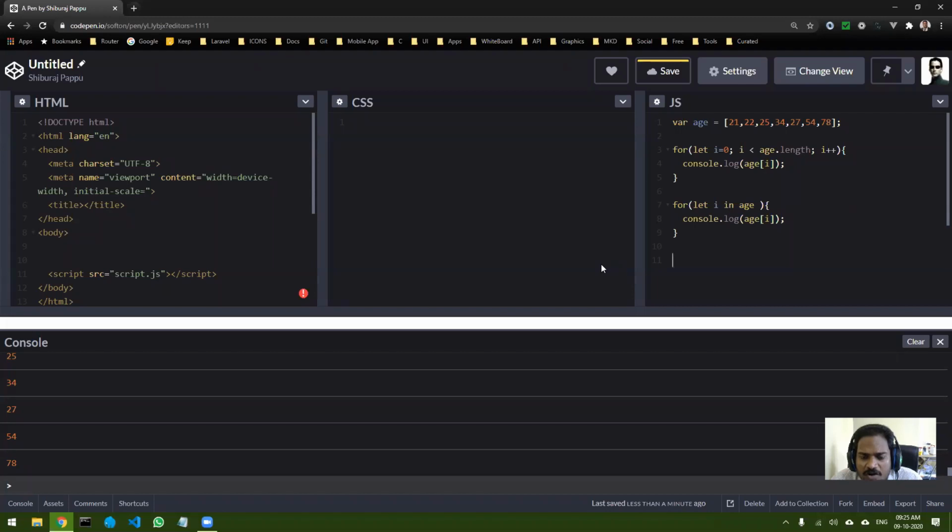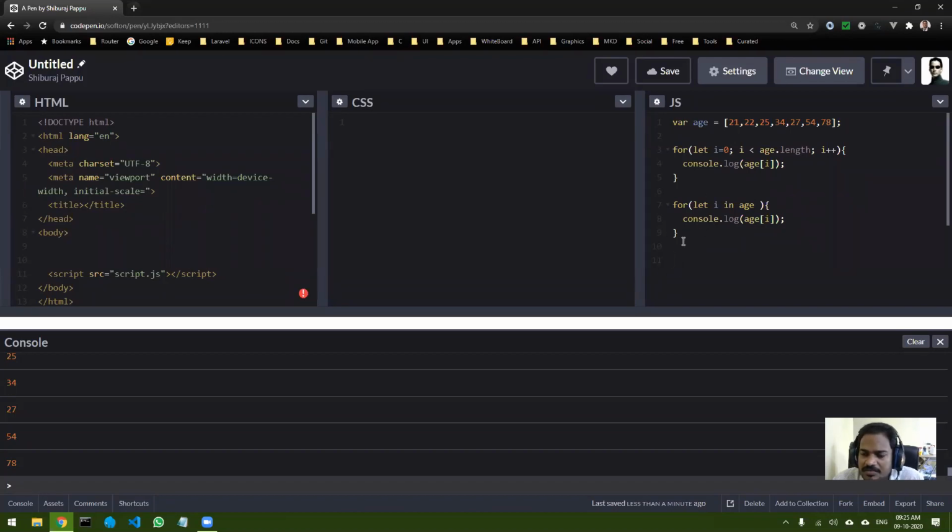For other languages, in case of PHP, there is foreach, which works similar to this. Not exactly the same, but somewhat similar. For other languages like Python, I'm not aware, because I'm not into Python much.